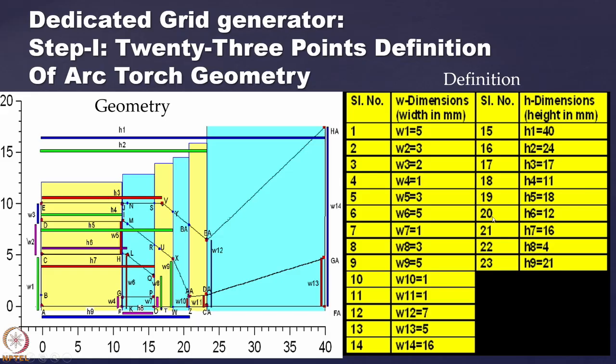Now suppose I want to increase this bore diameter, then what is here? There is something called W1 is there and something called W10 is there. If I change these two parameters, sometimes it will be cylindrical, sometimes it will be divergent, sometimes it will be convergent. So this part we call nozzle. So if we want to study convergent nozzle of different types of convergence, or a simple cylindrical channel, or a divergent nozzle, I don't need to do anything. Just I change this parameter W0, W10 and W11 and the job is done. So that is so simple when you customize your grid generation method.